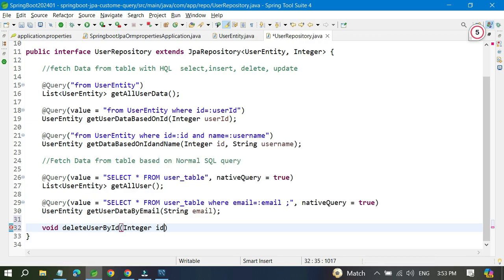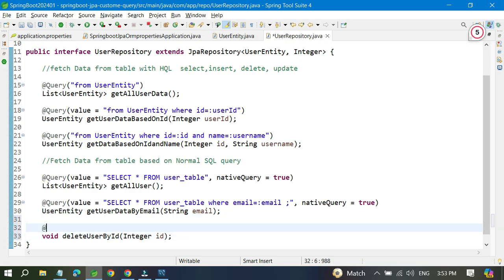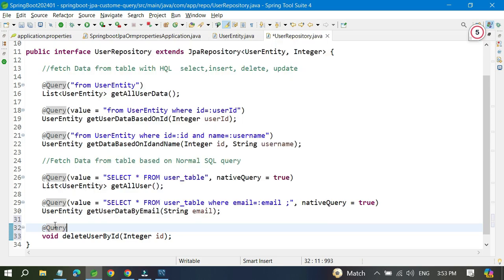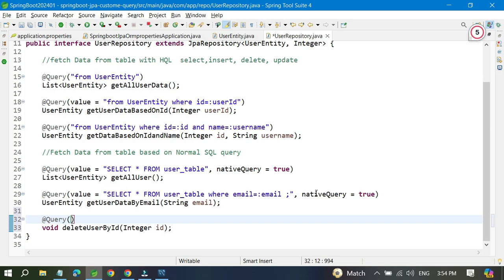Here you have to write @Query. Inside the query you can pass your native query. If it is an SQL query, then you have to pass value equal to